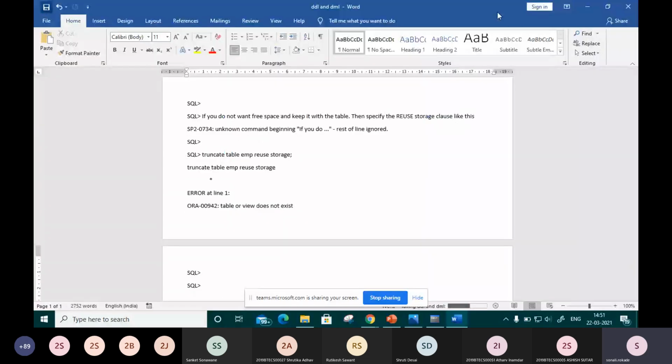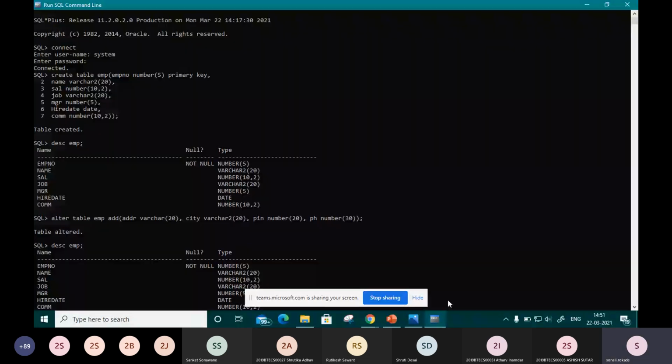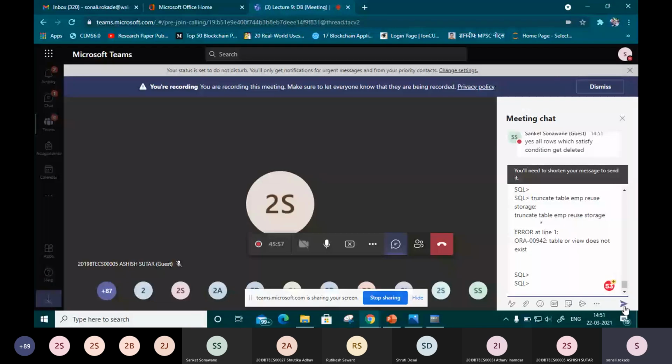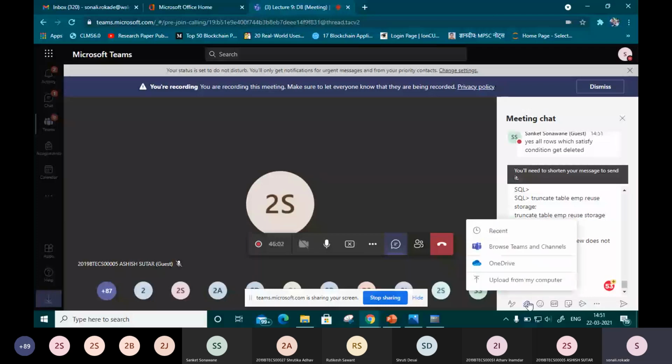In the Word file I have added all the commands, but the document file, okay, the chat box also is available here. We need to shorten that file, so instead I will upload that file.